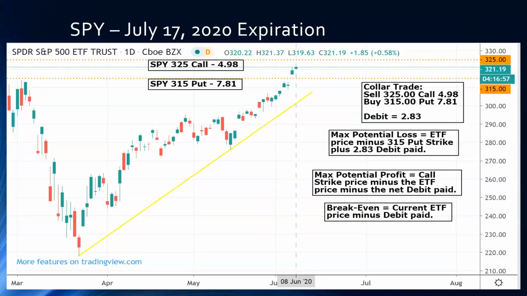So here we have the SPY. So what is the SPY? Well, this SPY Spider is the S&P 500 ETF Trust. So this is basically, when you talk about the S&P 500, this is what it is, except this is the ETF that goes on it.